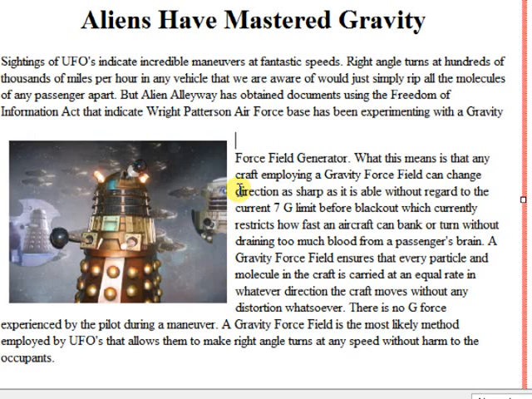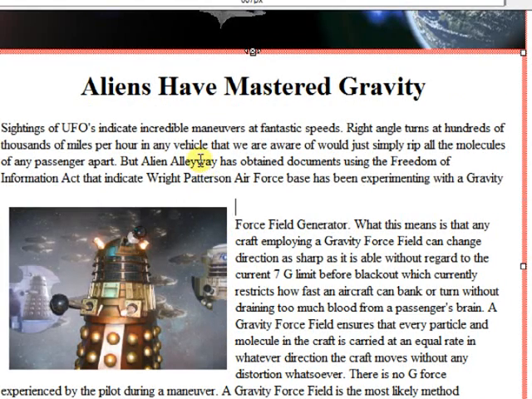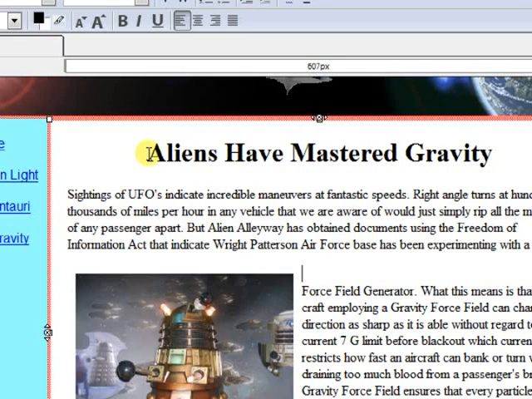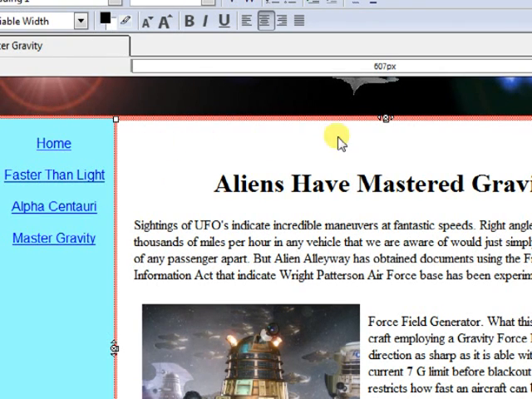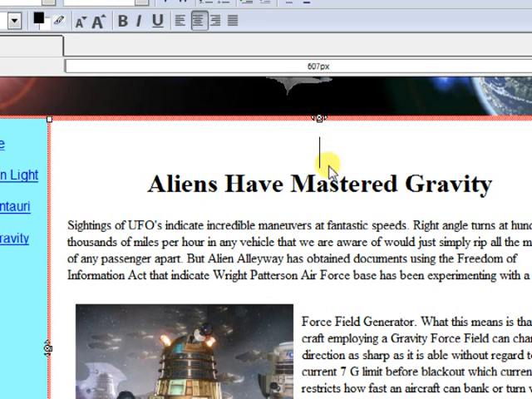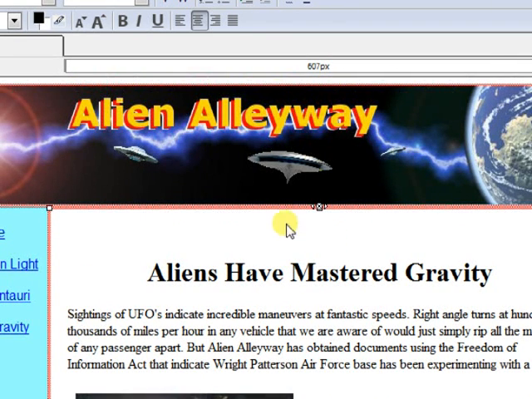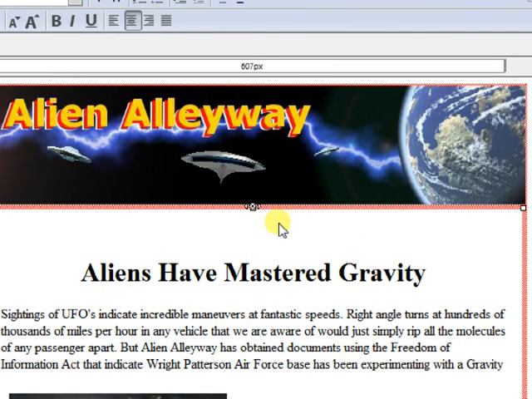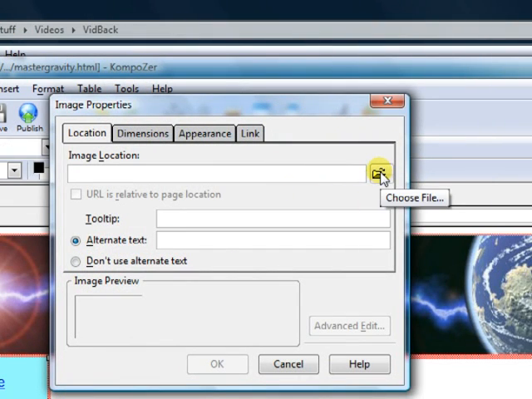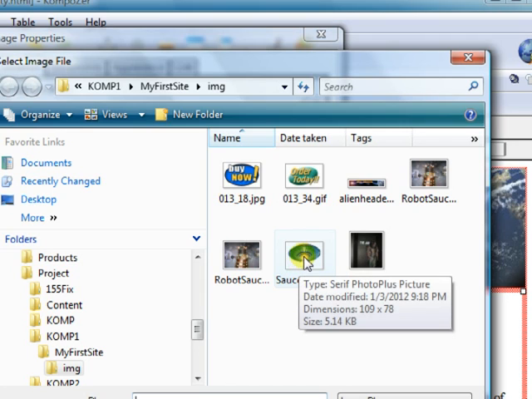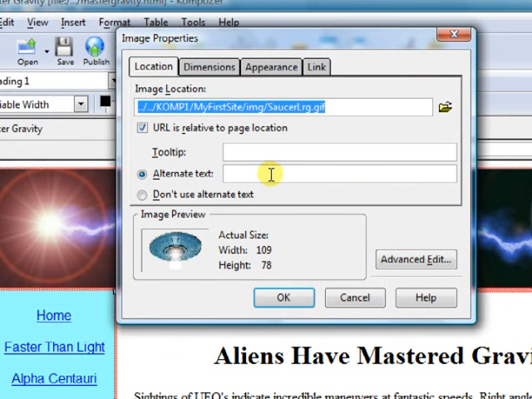Now another thing I wanted to show you was how to use layers. And let's go ahead and put our cursor to the left of the heading and drop it down just a tad. And let's go ahead and put an image in on the top here, because what I want to do is bring one of our saucers in, and we're going to put it halfway on the header and halfway on the page. So let's go to Insert Image, and this is our little saucer. Double click it, and we'll just put saucer in right now for the text